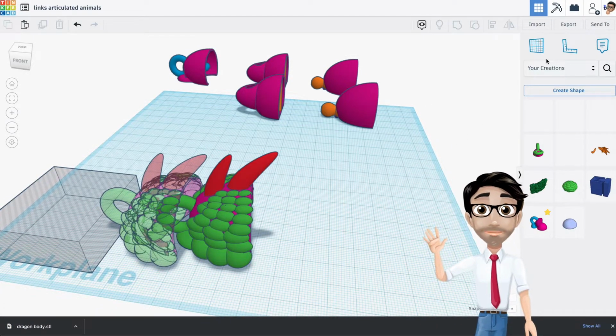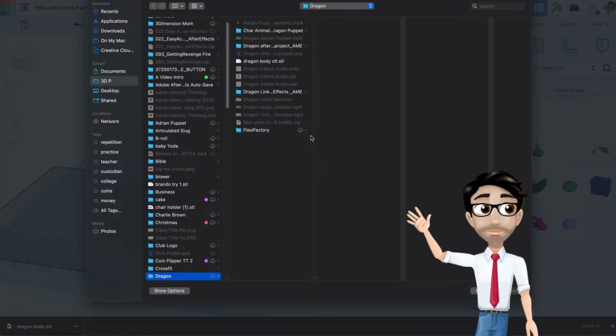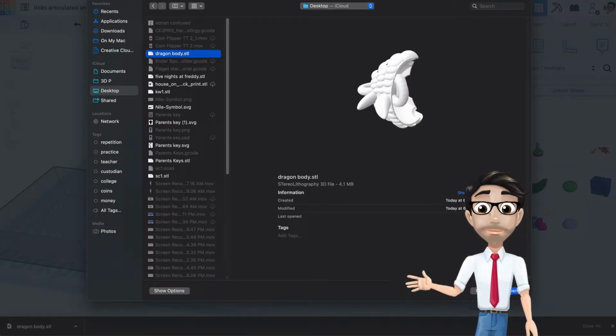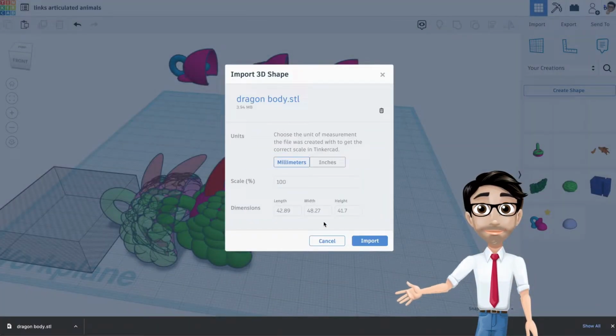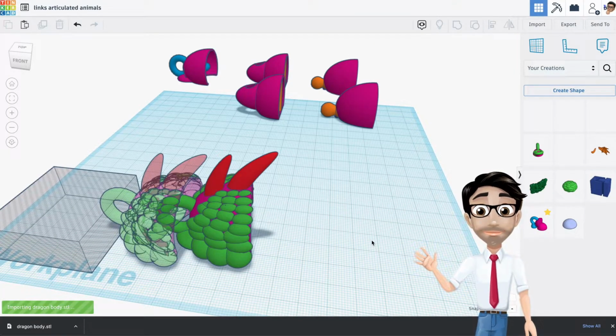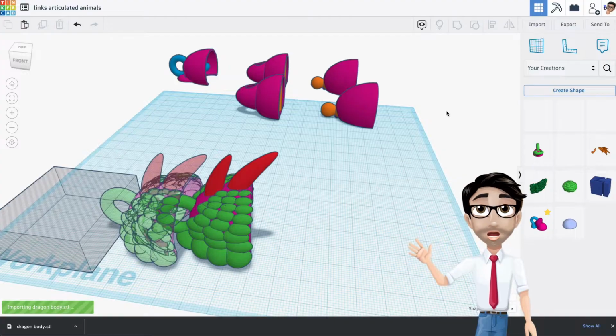So now what I'm going to do is I'm going to import. I'm going to choose a file. I'm going to go to the desktop, Dragon Body. I'm going to open it. And it's going to keep all the original dimensions. And what comes in is what I want to use for the rest of my body. I don't want to do anything else